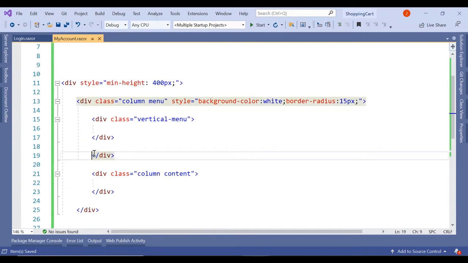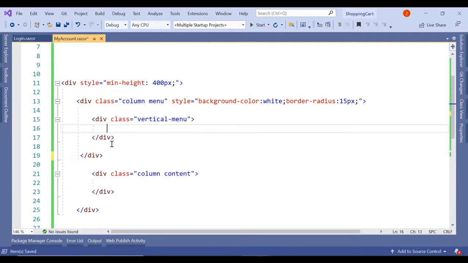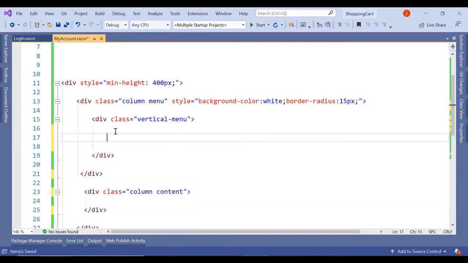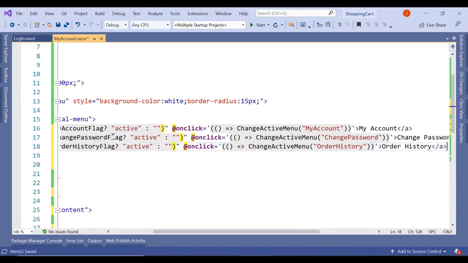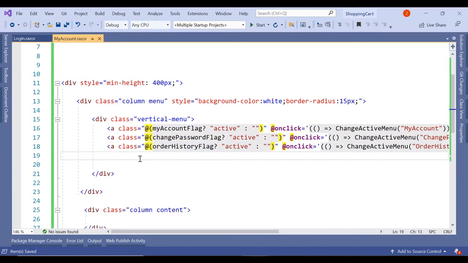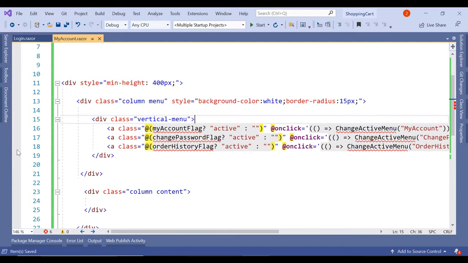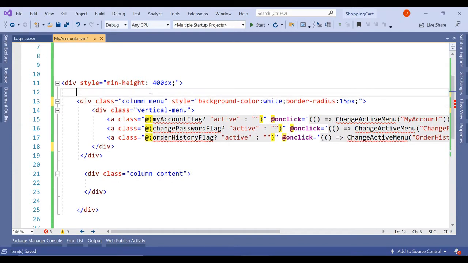So here inside the first div we have this vertical menu, and inside this vertical menu we are going to have three hyperlinks. Each hyperlink will be having its own text. So let's create the hyperlinks. So here, these three hyperlinks we have added inside this vertical menu div.